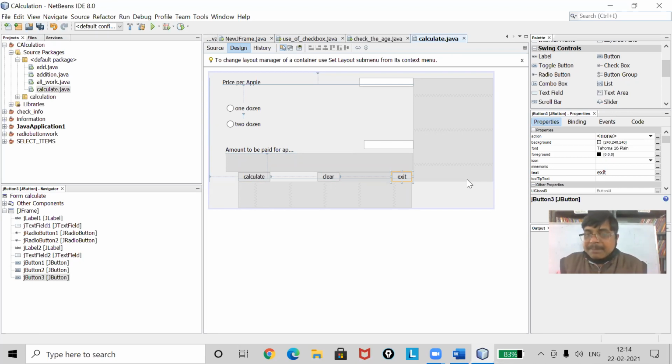Okay, but a person who has written wrong values there, and wants his values to be cleared in text box 1 and text box 2 also, in that case he will go for the clear button. But if a user has already got the result and now wants to come out of the form, then he has to select the exit button. Okay, now this coding you have to do. Okay, please do it.